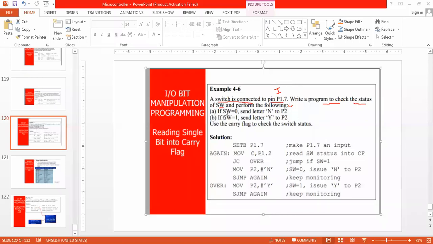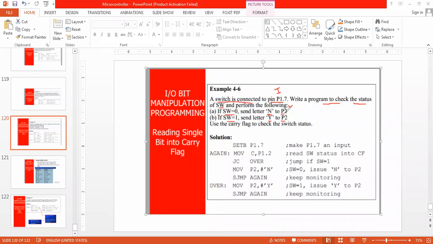If switch is equal to 0, send letter N to P2 port, port number 2. Okay, we have to send the character value N to the P2 port, and then if the switch value is 1, send the letter Y to port 2.